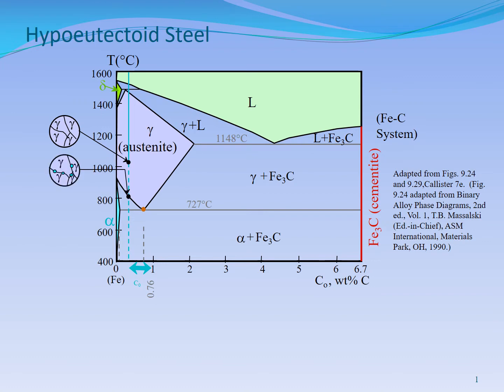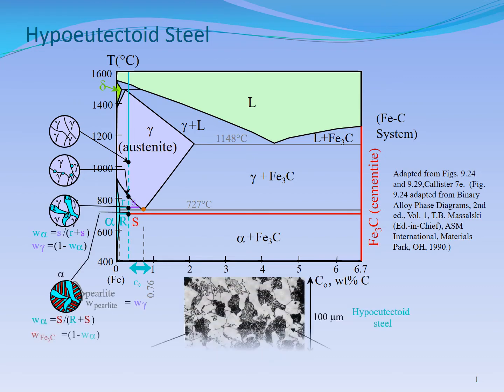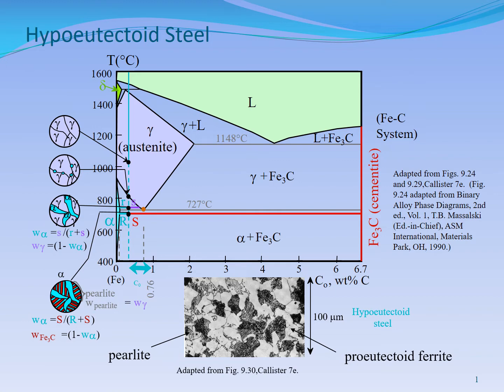Then some alpha starts to form, then more alpha starts to form, and then everything converts into alpha and cementite. So you will have this type of a structure. You should be able to draw these types of quick diagrams: here I have only gamma. When it touches here, some alpha is coming from here, so some small alpha is there. When we go down, these alphas become more. So the gamma is there, but more gamma has turned into alpha.